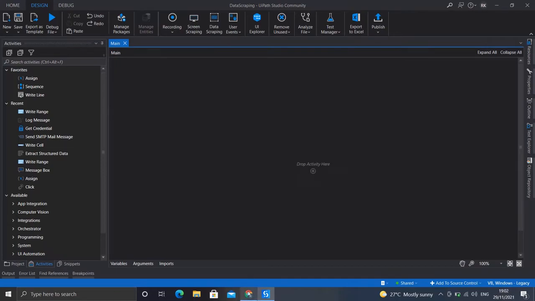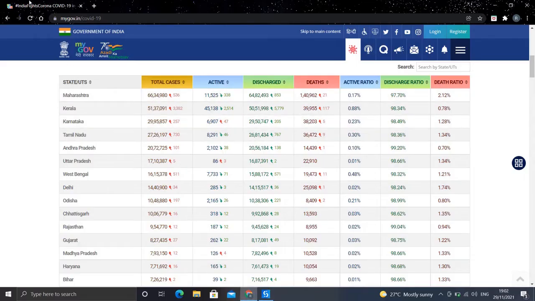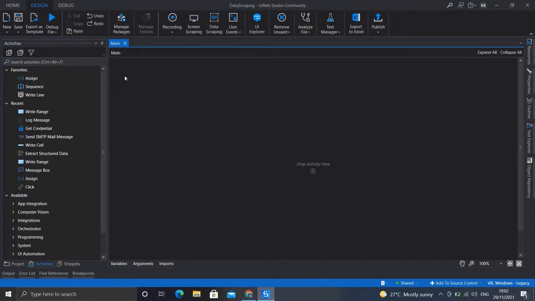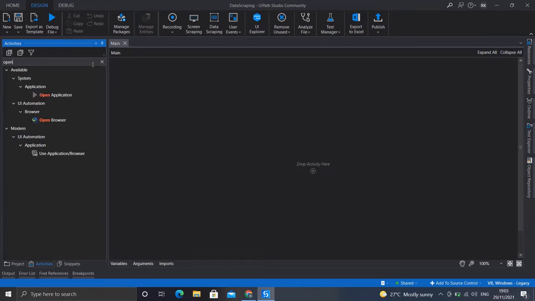First of all, we need to open the browser and type in this URL. So first let's do that. For that, we'll be using the open web browser activity. First let us make sure we have all the modern activities, and let's search for open.